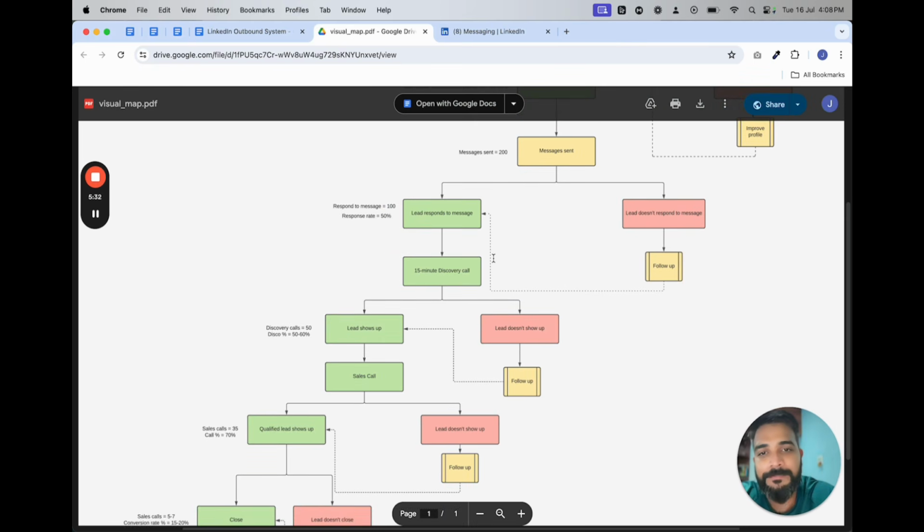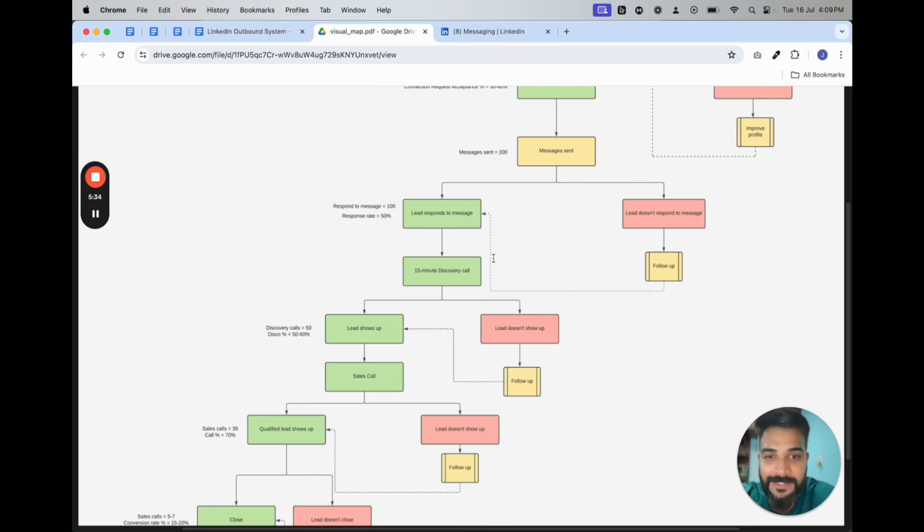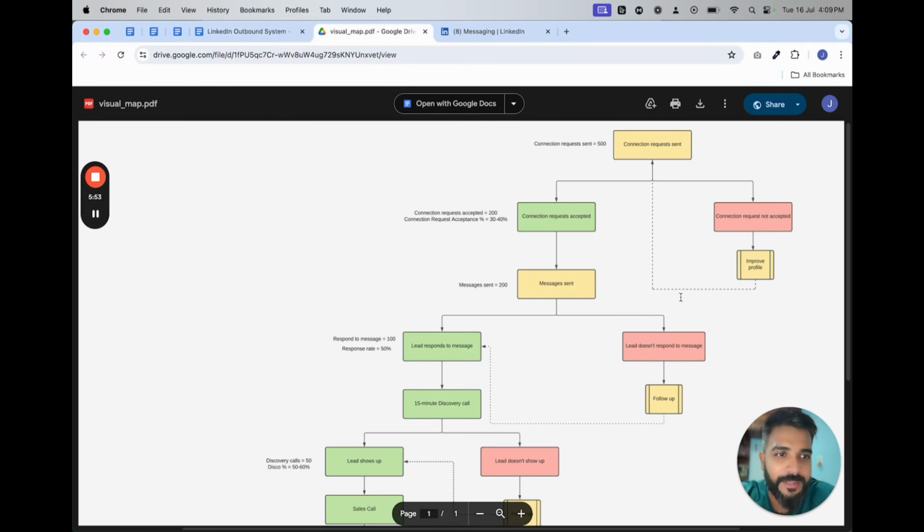And then you pitch them. You send them a pitch saying that, hey, let's get on a call to discuss further. Now, not everyone will be interested in your pitch, right? Some people might not even show up, but you just have to follow up. So out of these 100 people, roughly 50% might be interested in a direct pitch if the connection requests are very much targeted, right?